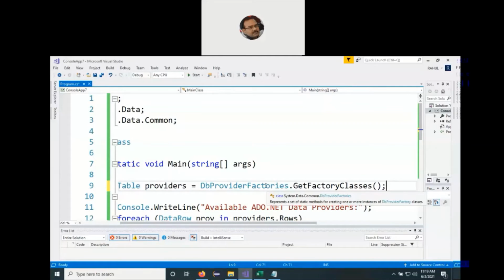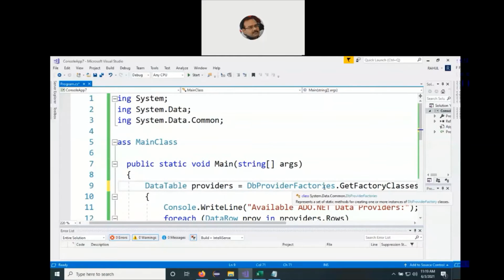So just like we got connection factories, in the same way we got database provider factories. Connection factories are used in advanced Java, in Hibernate and Spring. And here we use a database provider. What are the database provider factories which are possible? And we make a call to the function GetFactoryClasses. So G, F and C go in the uppercase. So we'll make a call to this function.